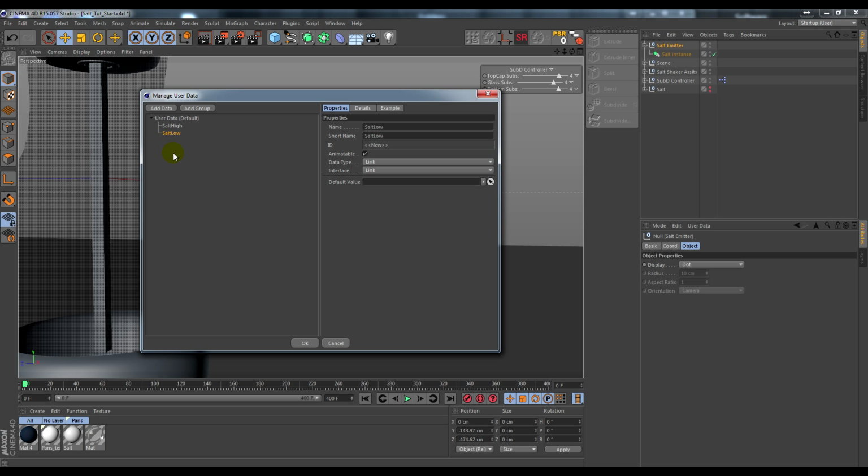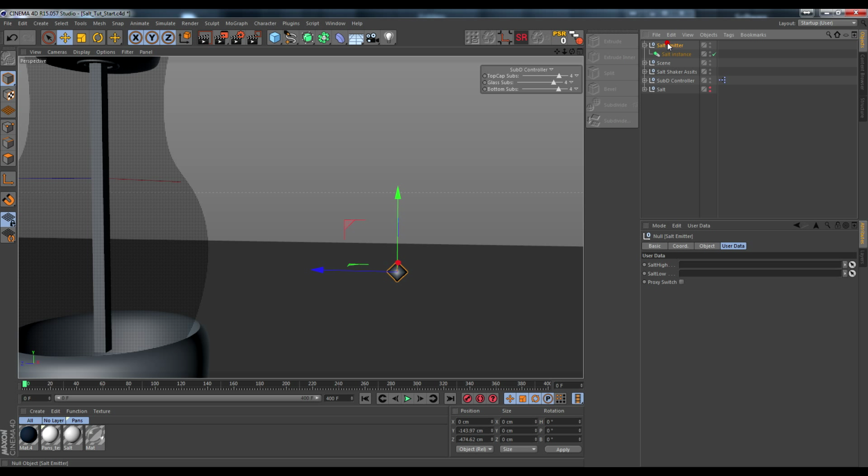And we need to add a switch, so let's add the new data there. We'll call this proxy switch. Okay, and this is going to be a boolean. That's going to be our switch. Let's click OK there. Now if we come to the top, we can see we've got the information that we just created there. We can actually go ahead and drag our low version in there and our high version, but